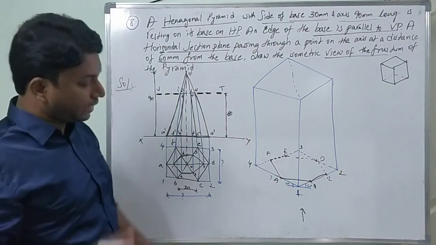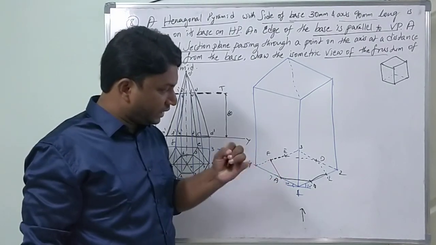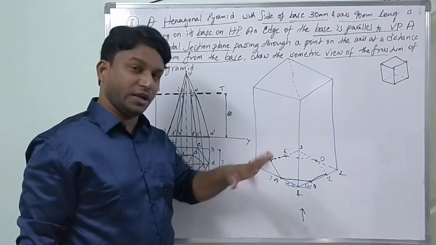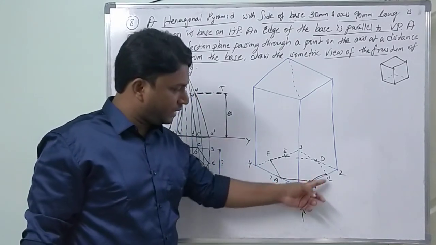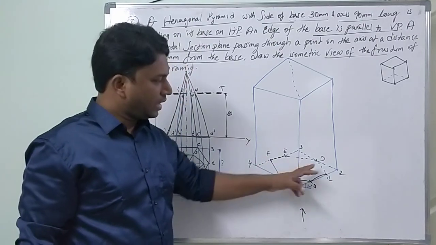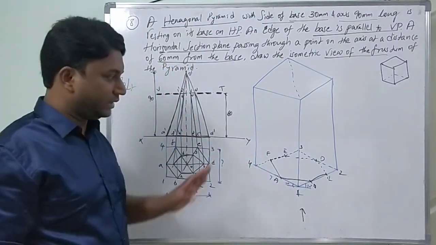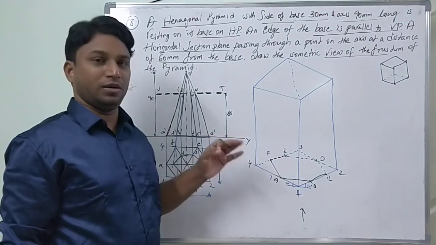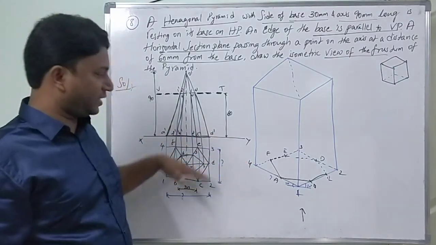Simple, you can clearly observe that when you are doing it from this side, three sides will be thick, three sides will be diminished, hidden, right? AB, BC, AF are thick, and the other three are hidden. That is the bottom part of your base, the hexagonal base of a particular pyramid frustum.